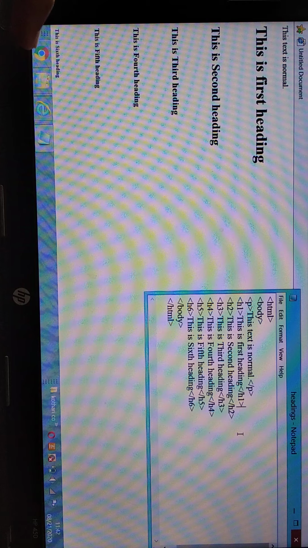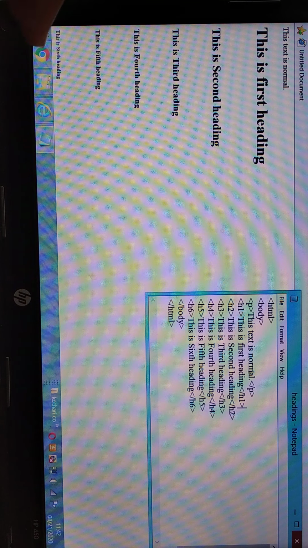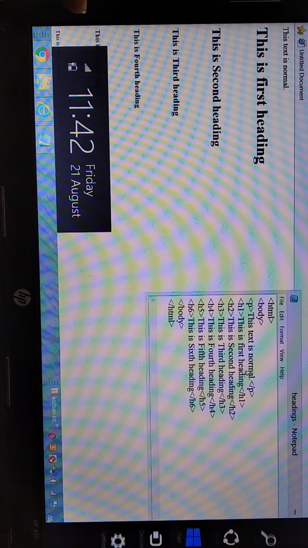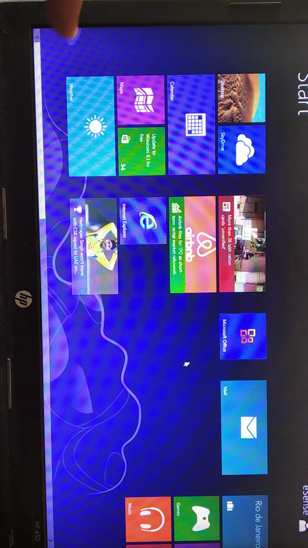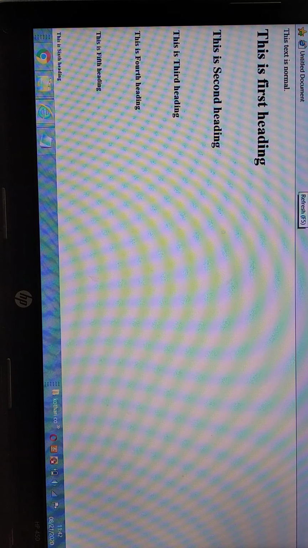Just after changing, save by Ctrl S or click the save option in the file menu, and click over the output screen. Just refresh from here.